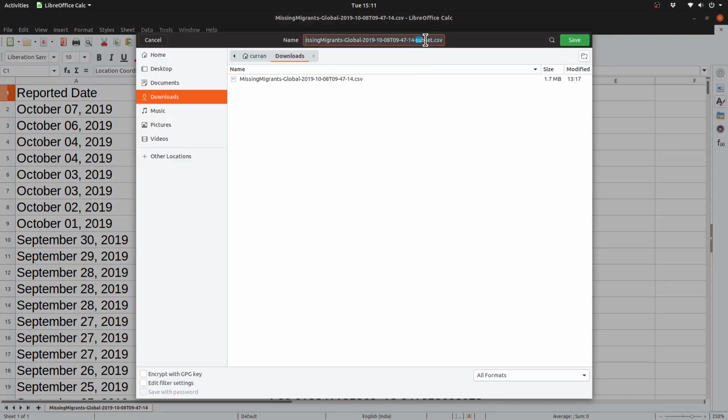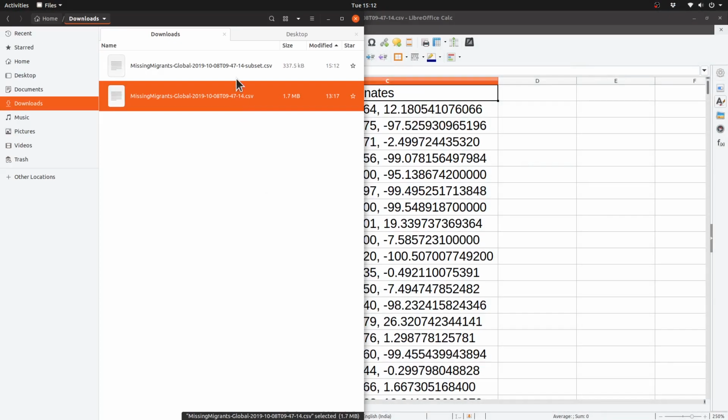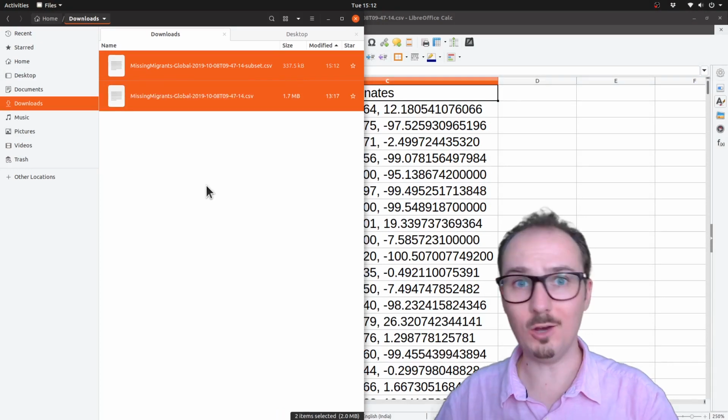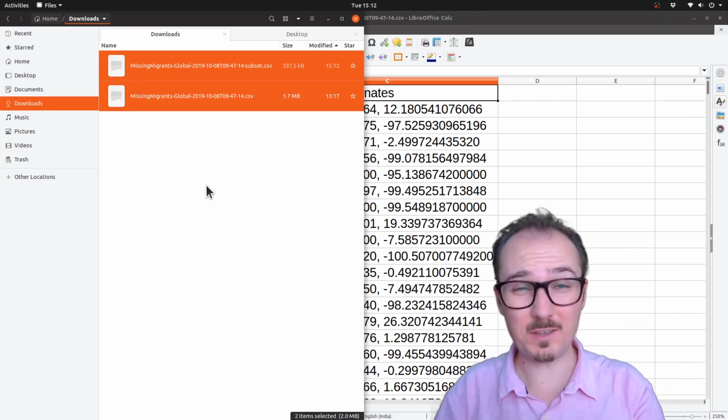I'll save this subset as another CSV file. This smaller subset only weighs 337 kilobytes. That's a lot smaller. All right, the next thing I want to do is put both of these files into